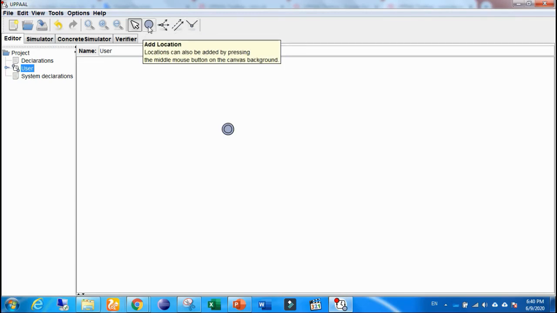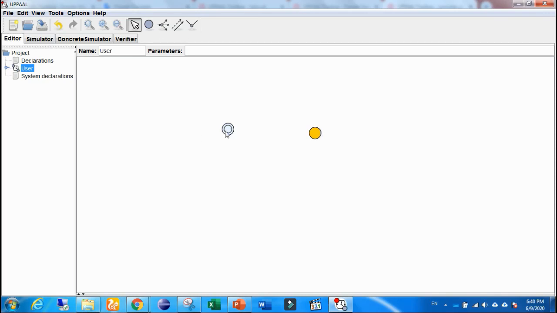So for adding an edge we just press add edge and then add another edge. Here this pointer is just to change the position and change the properties. So once you want to add another edge you just press edge and then add the edge. So here we develop one timed automaton, and as we said we can change the name. Each timed automaton has